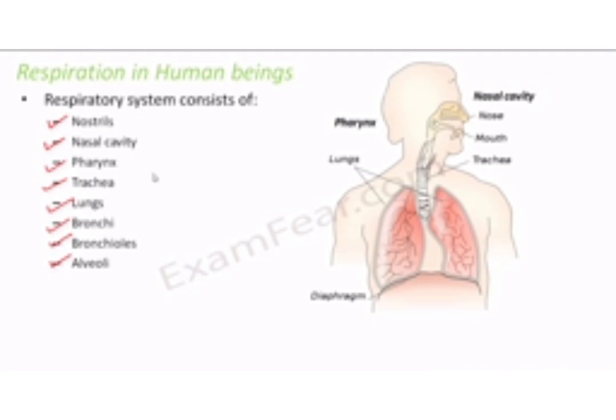So many things together constitute the respiratory system in human beings. So we will talk about each of these parts in detail one by one. Before that, let me just introduce you with each of them. Nostrils. Nostrils is nothing but the nose. So in nose we have two nostrils, right?